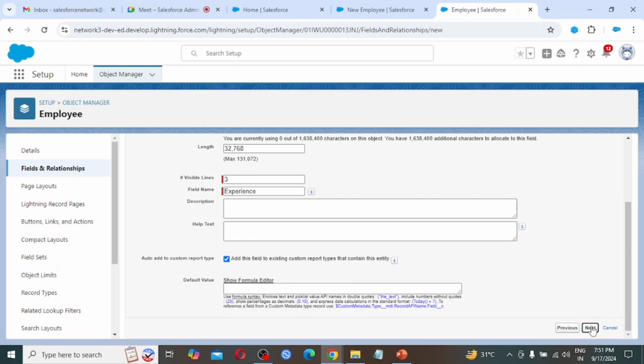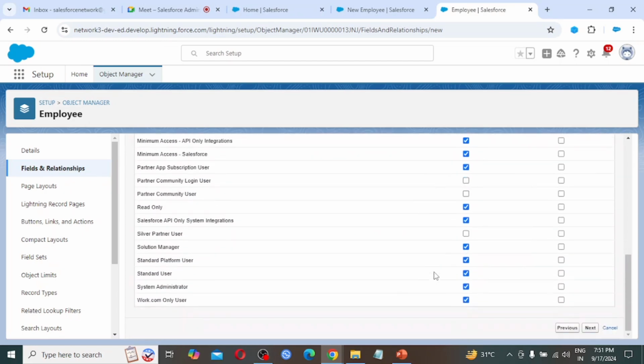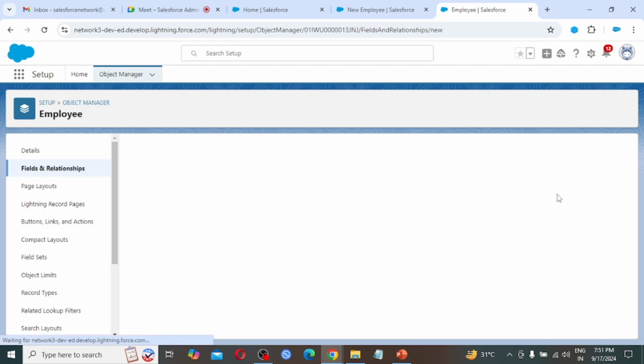Click next. In establish field level security, again I am going with the default one. We will see the difference in later sessions. Add to page layouts, it is added in the employee page layout. Again I am hitting save and new, as I have to create one more field.